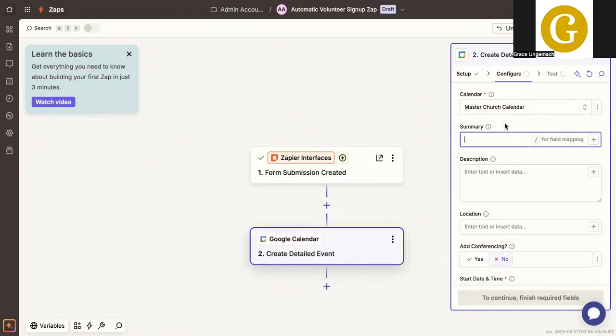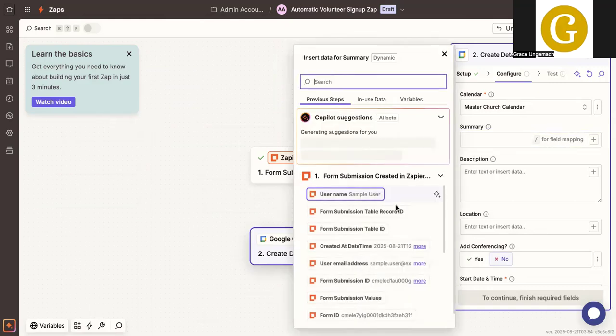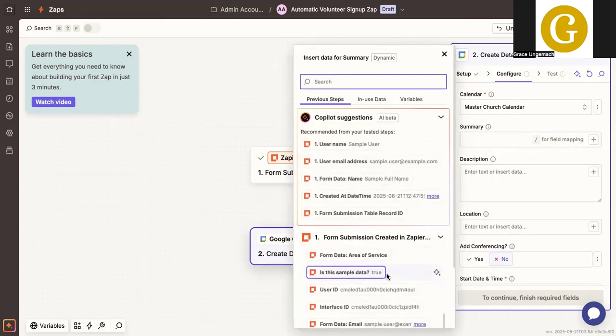I normally say, so-and-so is willing to do such and such. Okay. There's this little plus button that you can use to add any information that someone typed in on that page into the text that you're putting in. And it's just a variable. So right now it'll show Grace Ungamak because that's the word that I just typed in. But when Joe Smith goes and fills it out, it's going to plop in Joe Smith or whatever he put in the name field. So we're going to use this plus button